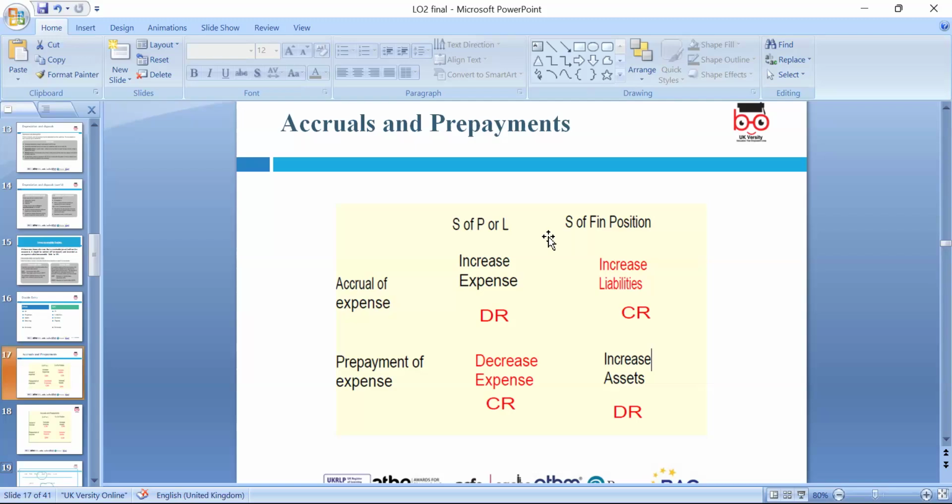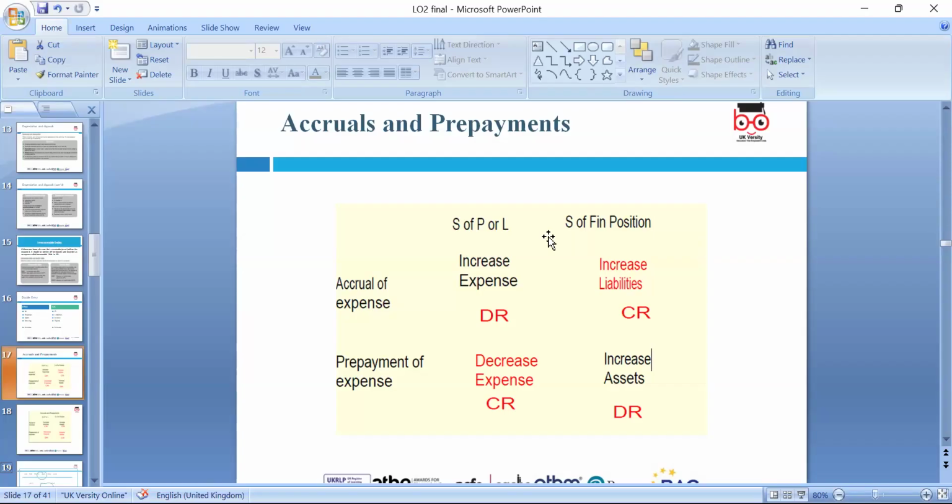So we can say, for increased expenses we do debit, and it needs to be shown in the financial position. If it's an accrual expense, it means the expense incurred has not been paid, such as gas and electricity bills we use at year end, the 31st December. It should be included within that year, even though it has not been paid. So we debit the expense and credit the accrual, which is a liability not yet paid.